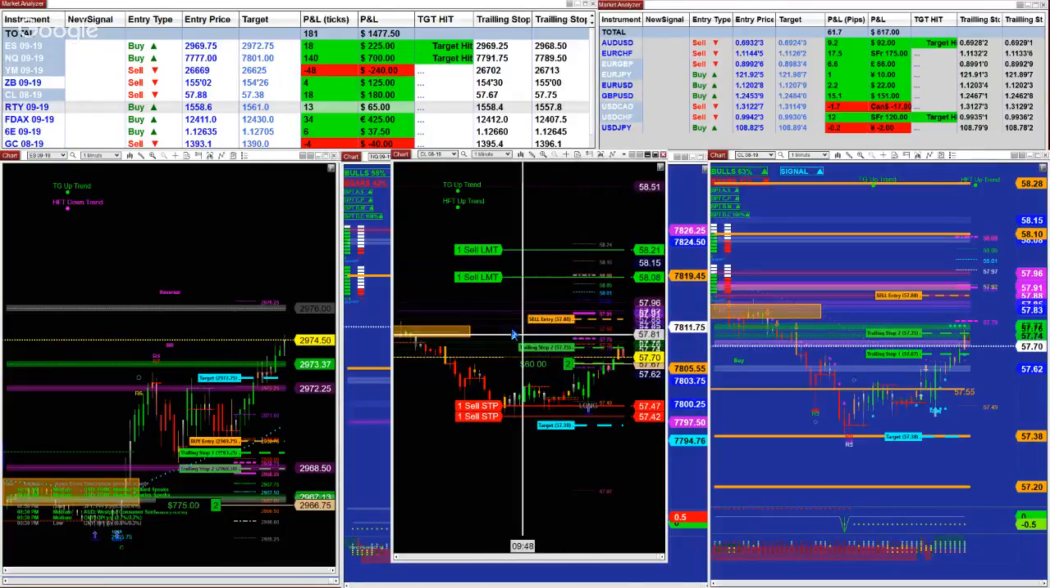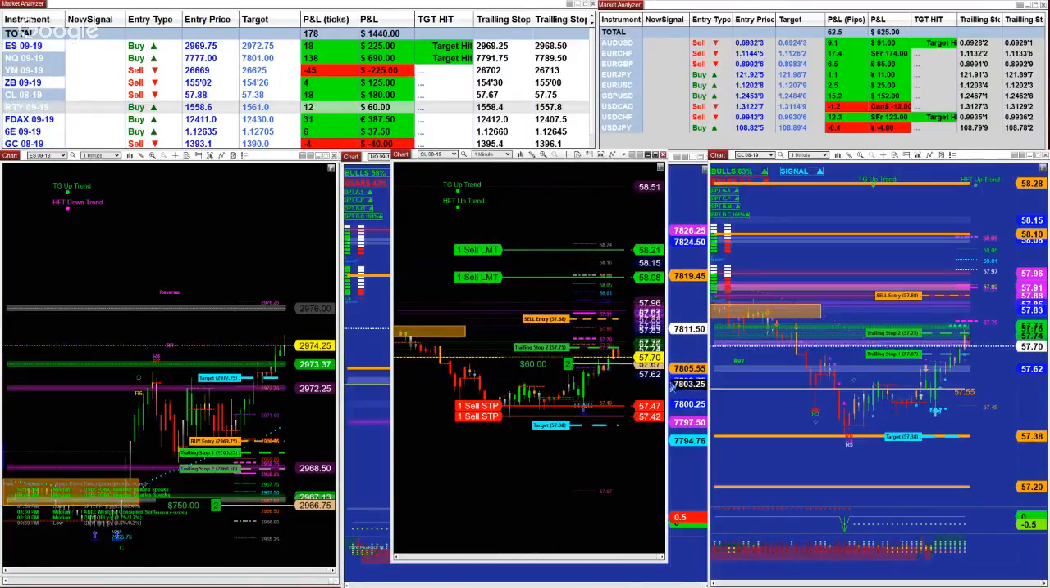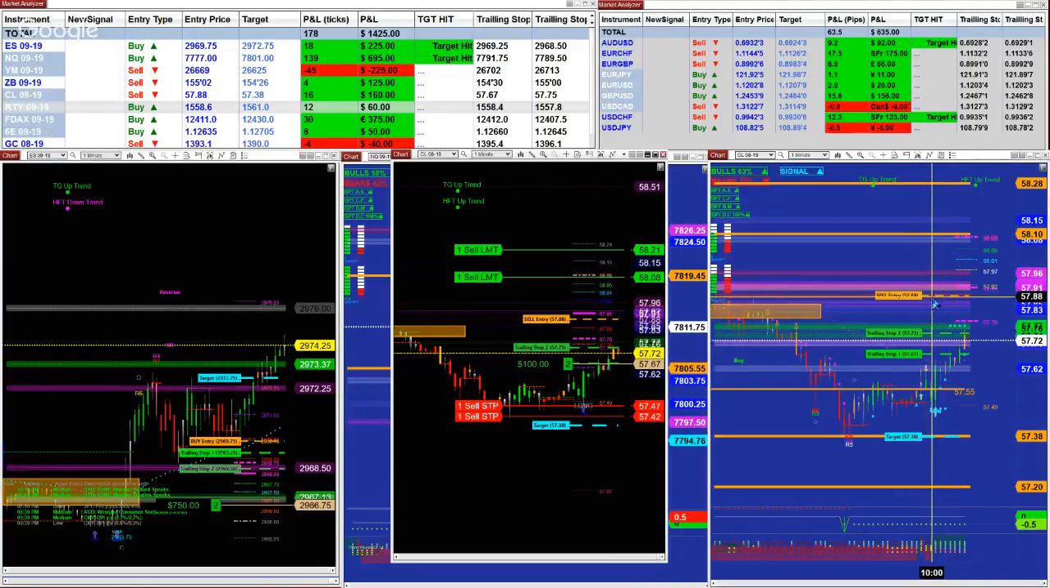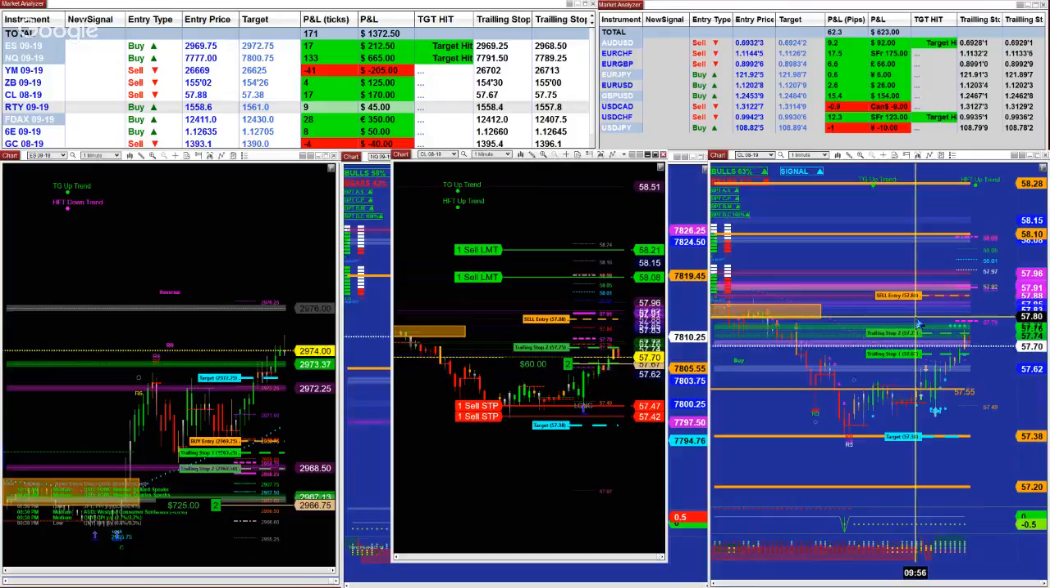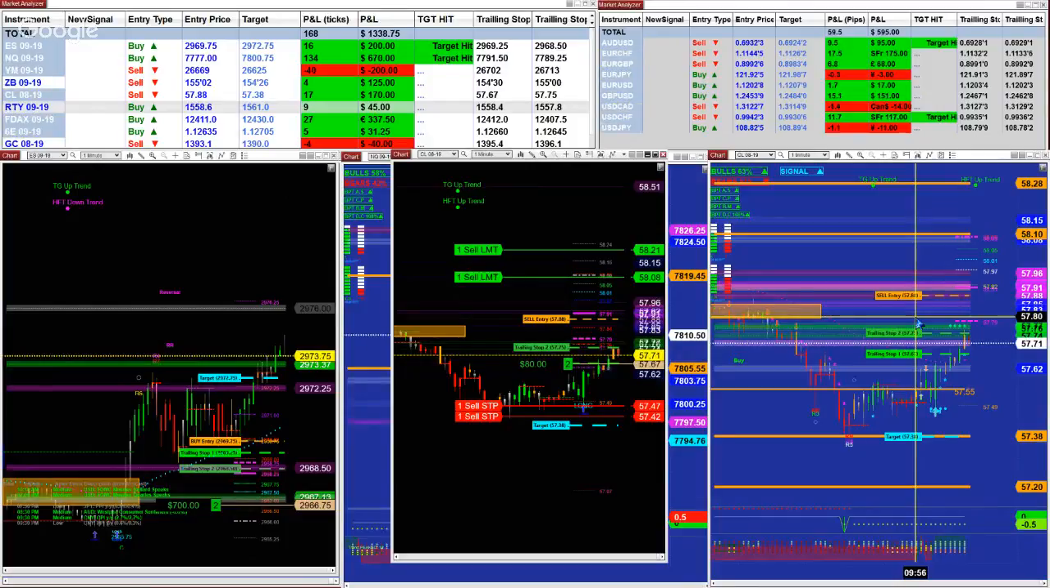So right now I'm taking the opposite direction, and now if the CL is going to turn from sell to buy, I'm already on that trade, and then I can use the system here to also